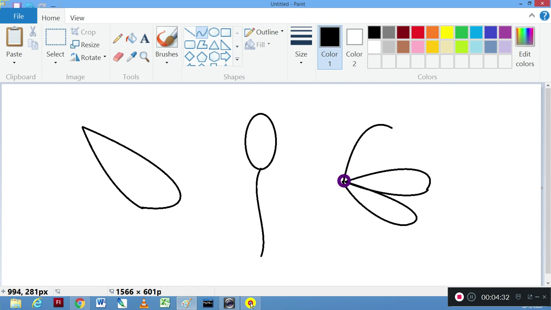I hope you have followed how we can use the curve tool. So I have drawn 3 petals for drawing a flower, and I have drawn a balloon.